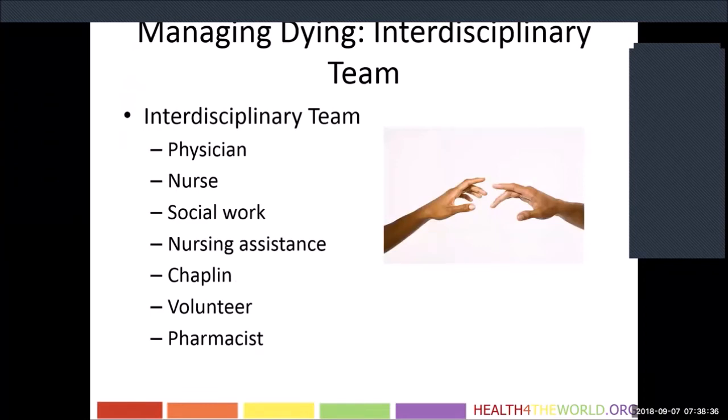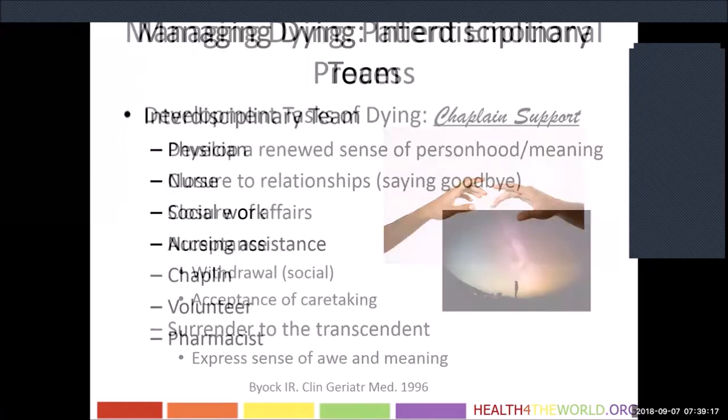So who do you usually have on your team? A doctor, nurses, social work if it's possible to help arrange the logistics. Nursing assistants, or people who are actually doing the hands-on caregiving. Spiritual support is incredibly important. Whether a patient is particularly religious, they still may struggle with spiritual issues. Any people who are volunteers, family members, communities, and if you have the luxury of having a pharmacist or people who really understand the medications, or partnering with people who are providing the medications, incredibly important. And bring all these folks together, you can have a really wonderful team.